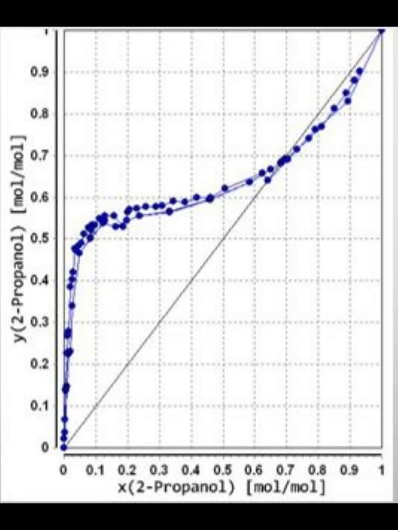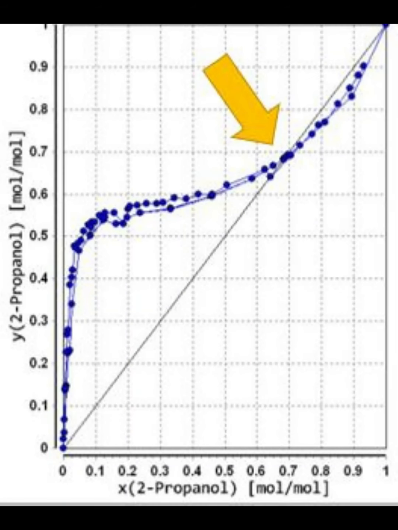So can a perfect separation be achieved? Let me show you. In the case of isopropanol and water, the solution does not behave ideally because the interactions between isopropanol and water differ from the individual interactions. When trying to separate solution components, it is important to consider equilibrium data. The equilibrium data for isopropanol and water shows an azeotrope, meaning, using distillation, we cannot separate the isopropanol from the water beyond the pinch point concentration of roughly 68%. However, some real solutions can be separated completely. Thus, once again, it is important to consider the equilibrium data when separating.